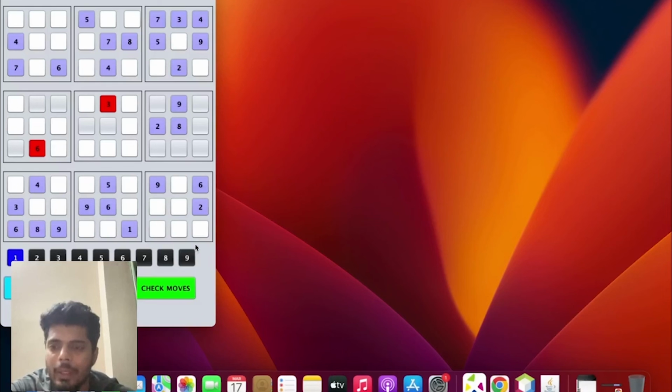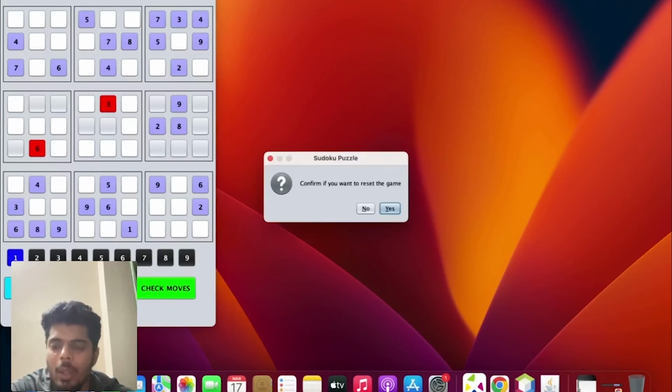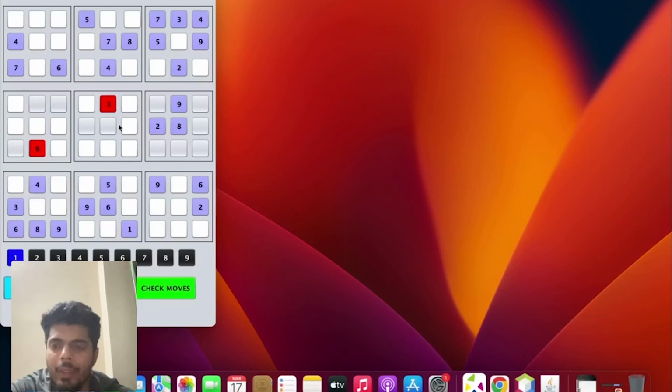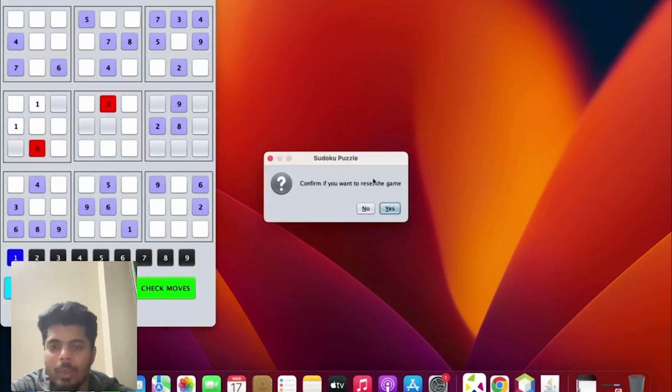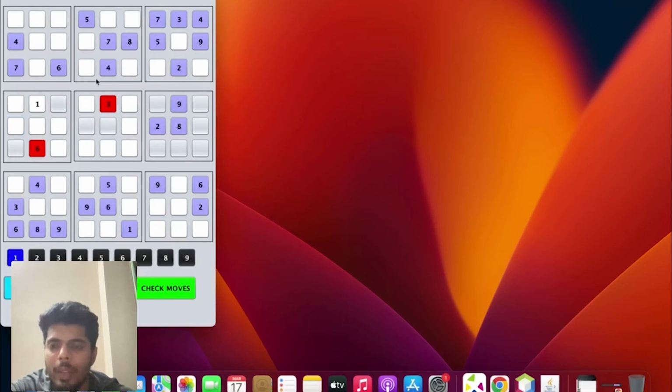So yes, I hope you enjoyed this. Also, on the click of reset, everything will work fine. But again, these buttons are not placed properly, that's why they are still coming up like this. That is the only issue. Other than that, it will work fine for you. Probably the red color will disappear ultimately. If I check for these check moves, reset, see, it is getting disappeared, right? So that will work exactly fine for you. Right now, the names are not properly placed, so it will not work.